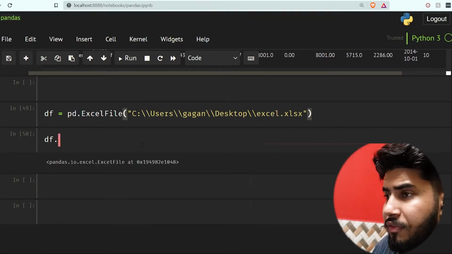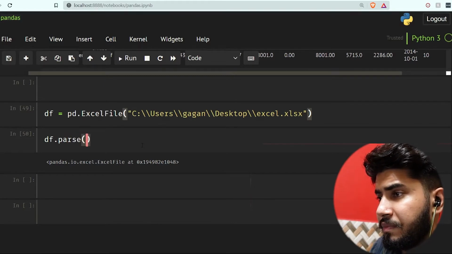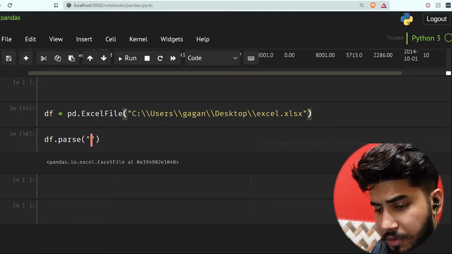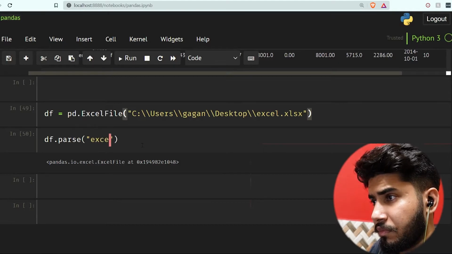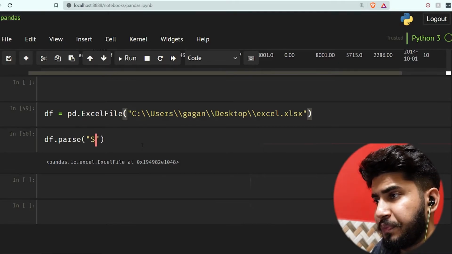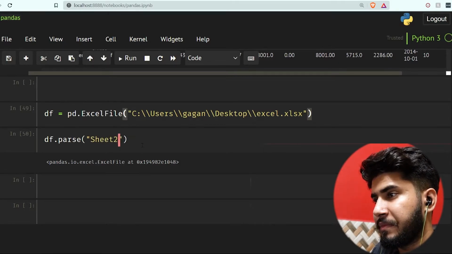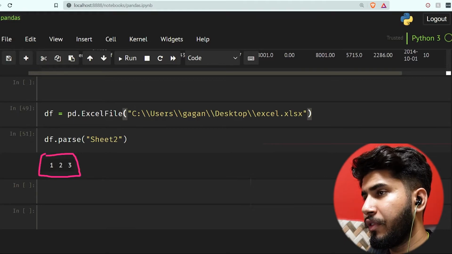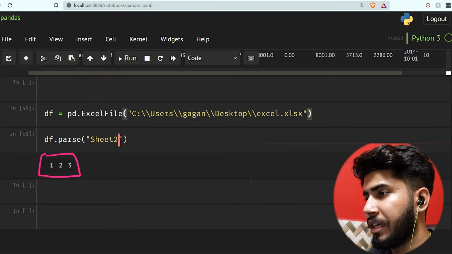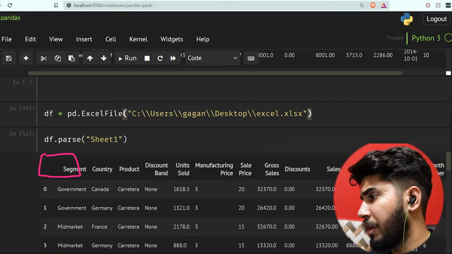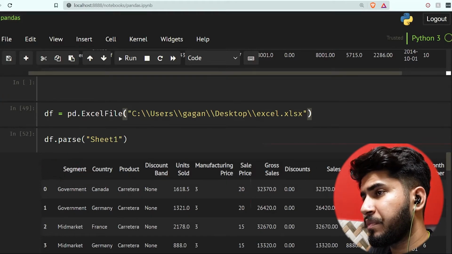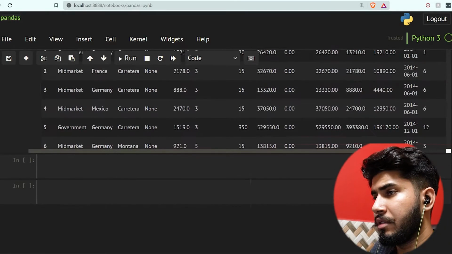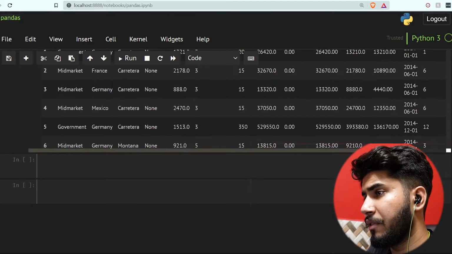Now what we need to do is df.parse, and here we need to give Sheet2. As you can see here, we got our sheet 2, and if you had provided Sheet1 here, then it would have given you your sheet 1. So this is the Excel file.